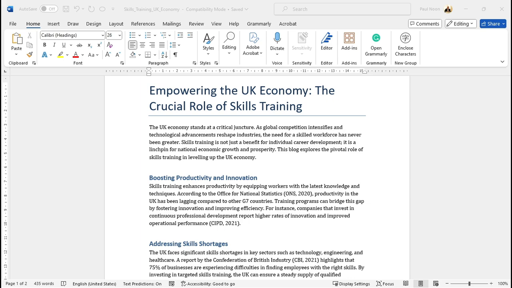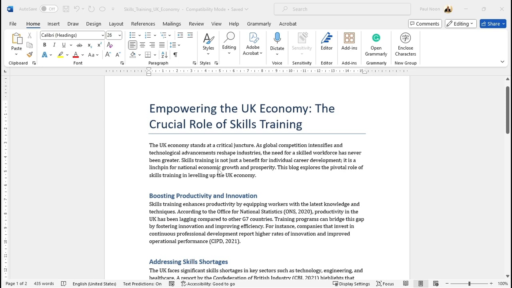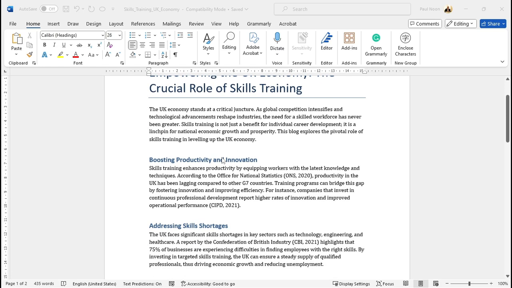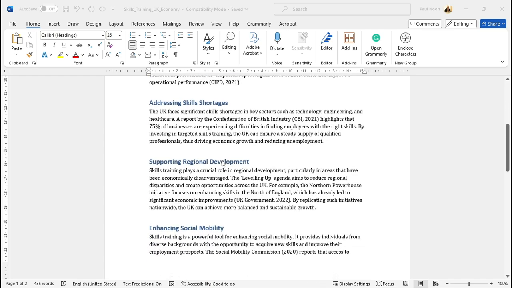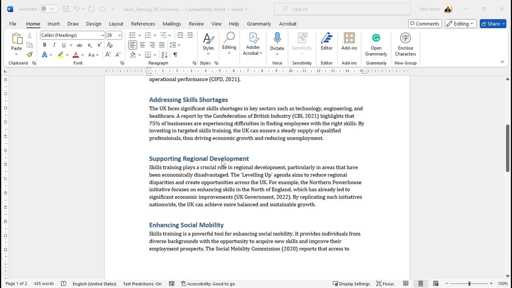Okay, so here's the downloaded version of the blog that it produced before it stopped when it reached its cap. Empowering the UK economy, the crucial role of skills training, and it's produced me a bit less than 500 words. It's broken it down into the subheadings that I had suggested.